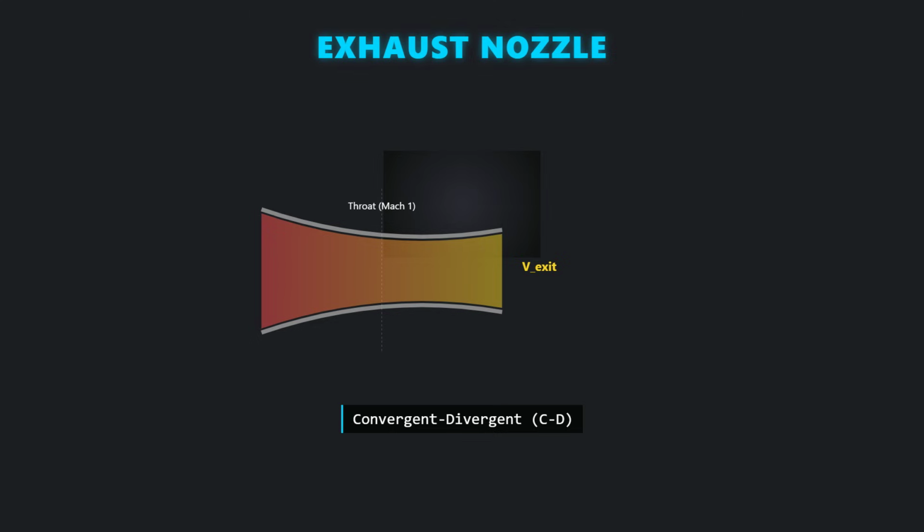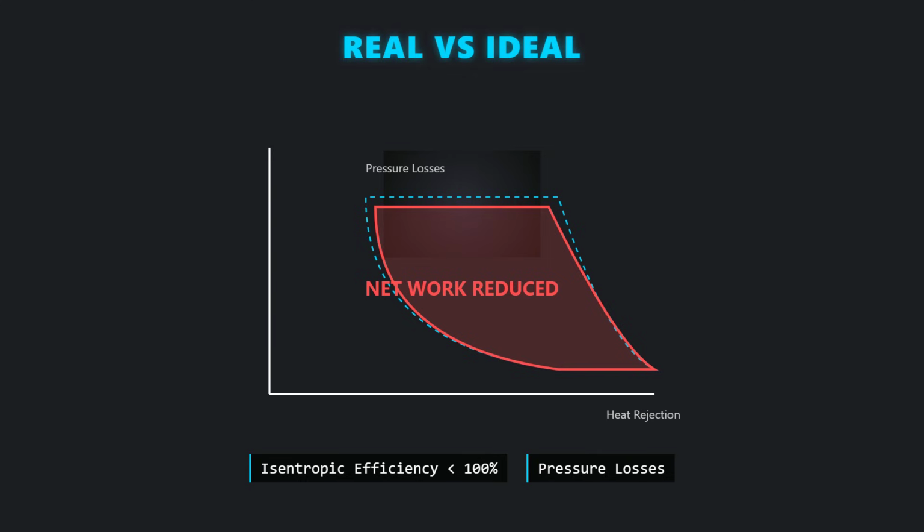However, for supersonic flight, a convergent-divergent or CD nozzle configuration is mandatory. In a CD nozzle, the flow accelerates precisely to Mach 1 at the throat and then continues to accelerate supersonically within the divergent section. Net thrust is calculated using the momentum equation, which accounts for the difference between the exit momentum and the inlet momentum. An additional pressure area term must be included in the calculation if the exit pressure is not perfectly equal to